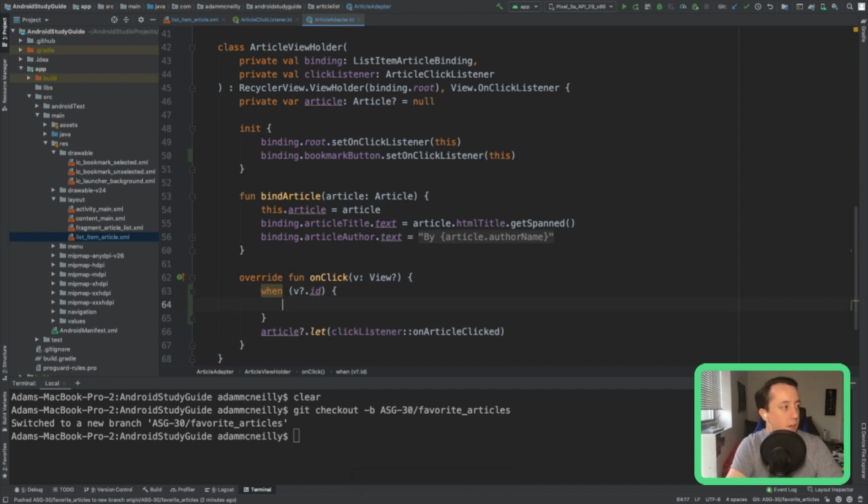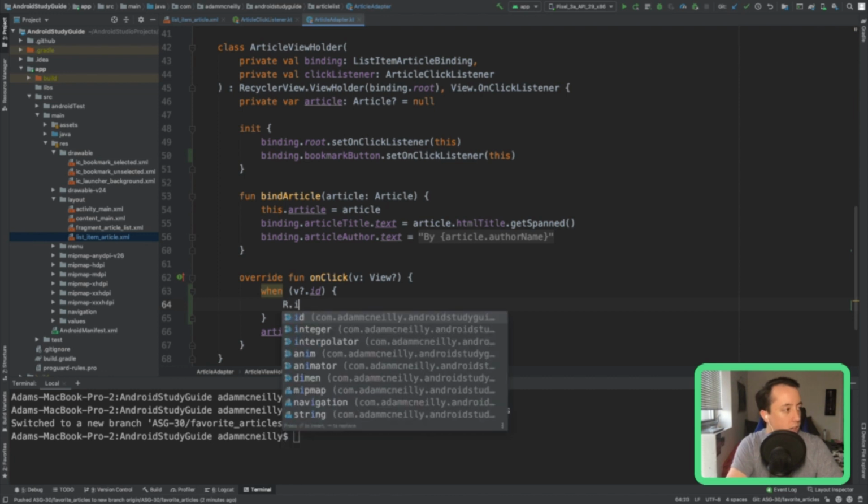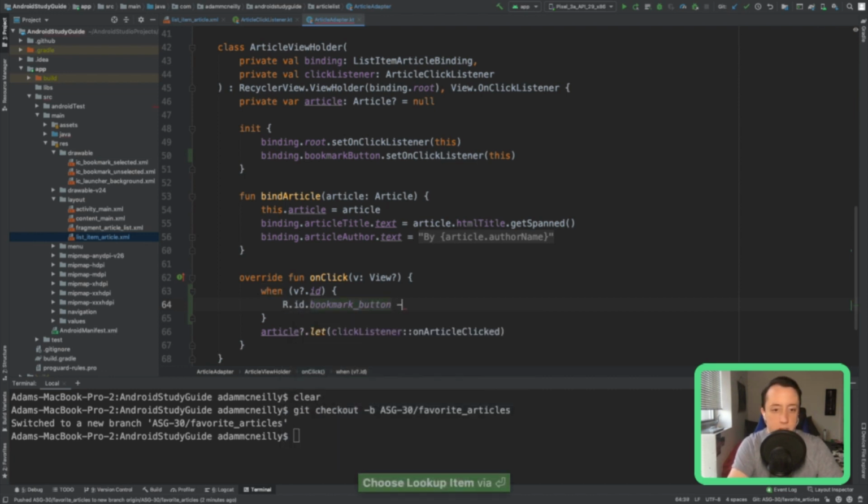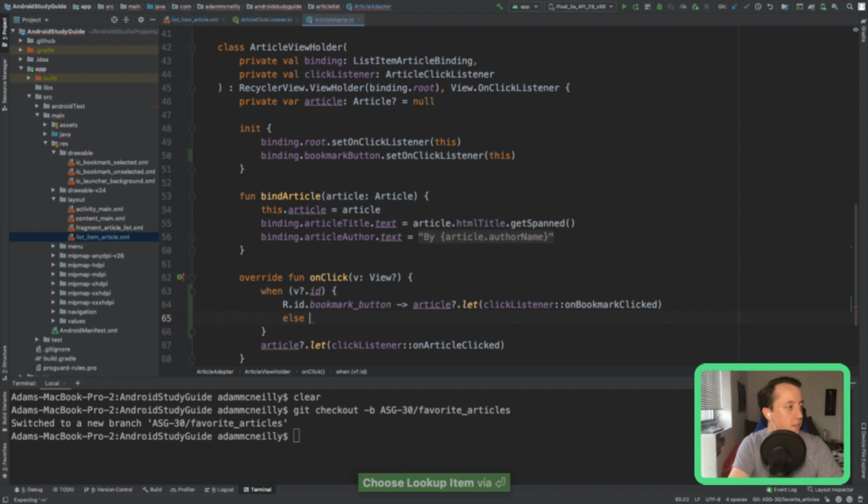Oh, clickable. Yeah, I'll try that out. So we can check, is this R.id.bookmark button? If it is, we can say article.let click listener on bookmarked clicked. Otherwise, there was a click somewhere else in the view, so we'll do what we were already doing.